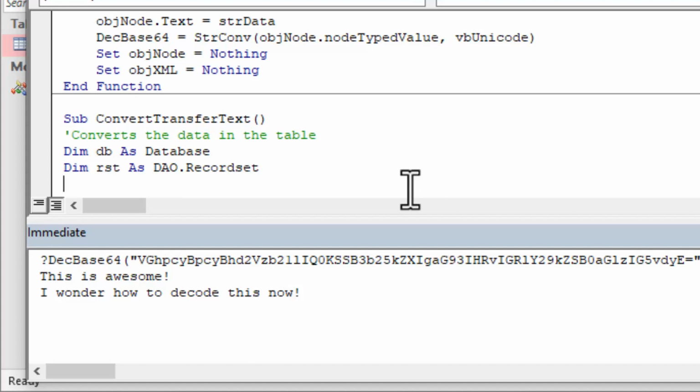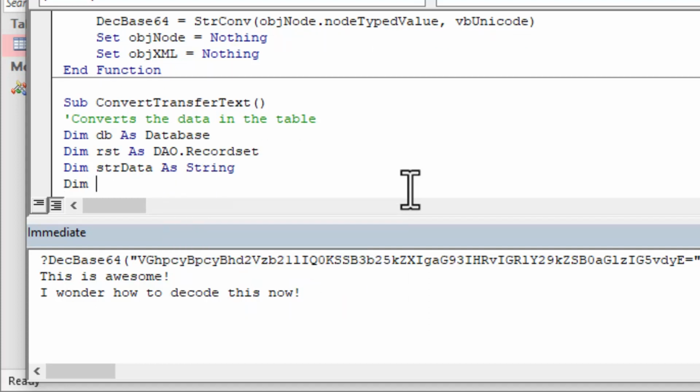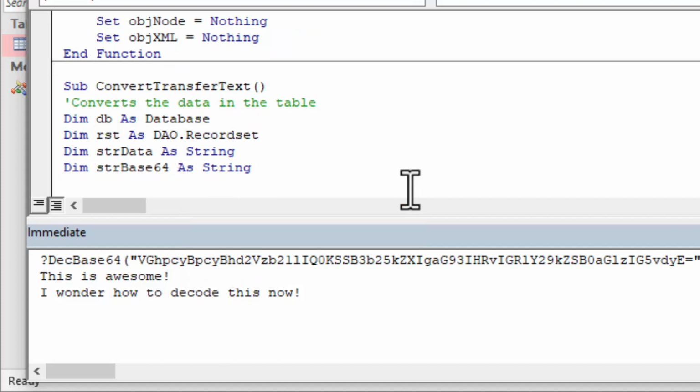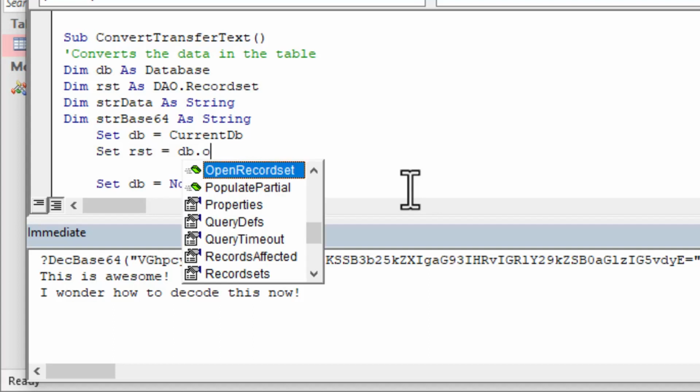I'm going to just grab my database variable, and I'll get a record set variable. You might put dao.database up there, and you can specify that if you want. Then the string for our data. We'll create that as a string, and then we'll create a value for our base64, and then we can go ahead and we'll set that database equal to current database. At the end of our procedure, we will set it to nothing, and I'll just set our record set equal to the